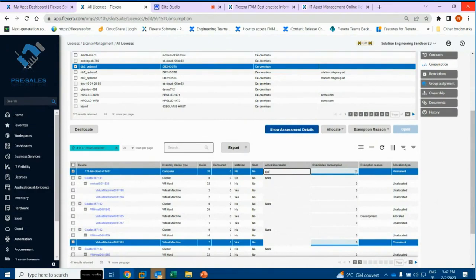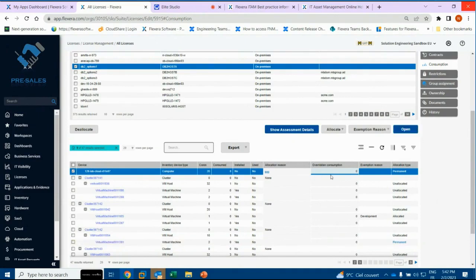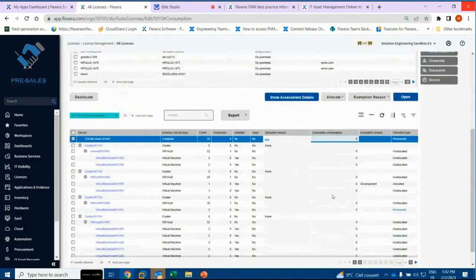eventually overriding the consumption and eventually fine tuning what type of allocation you did, permanent and so on. And here, be careful, I have two of them selected, so I would just do that on one, for instance, if I want to do it. So that's one way. If we go to the other side,